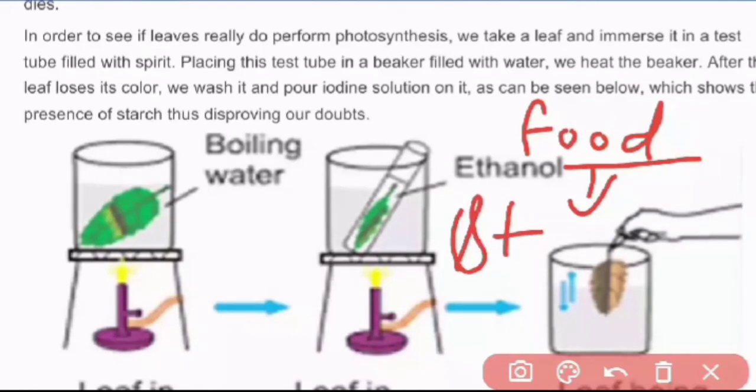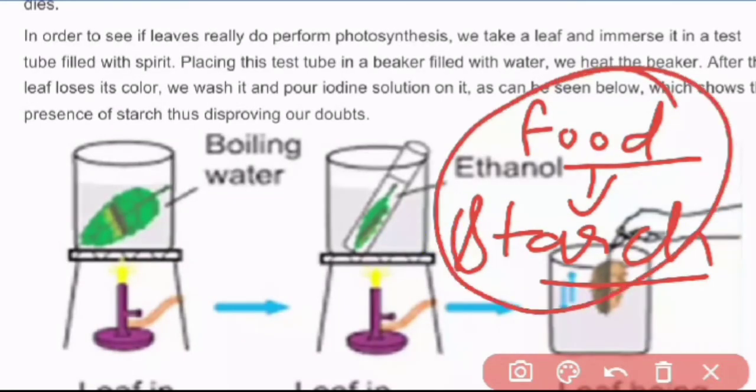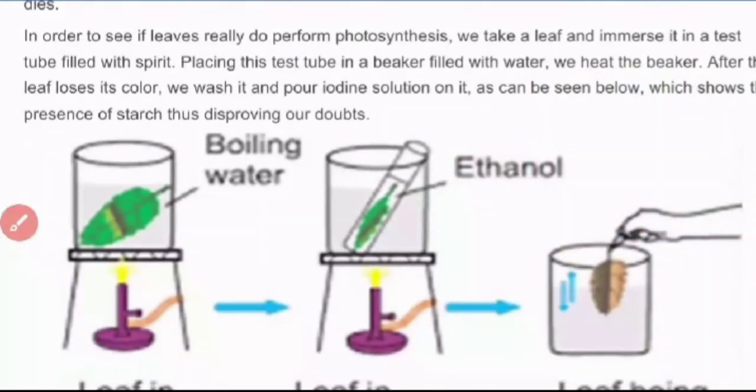In the same way, the extra amount of energy or food which plants have gets converted into starch. In the case of plants, we call it starch, as in our case, we call it the fatty acid. So starch is the extra amount of food which is made by the plants. The residual amount of food which they can use later on. बाद में जब उनके लिए food की कमी हो जाएगी तब plants उस starch को use करेंगे to get the energy.